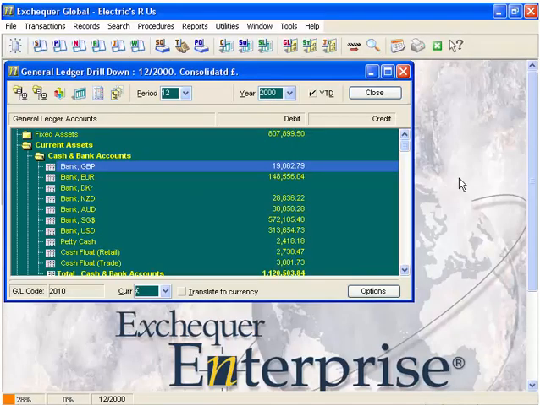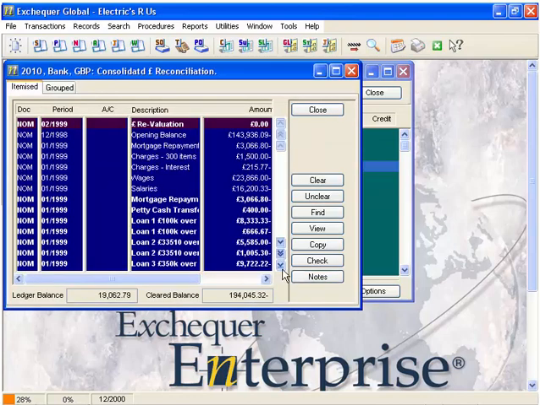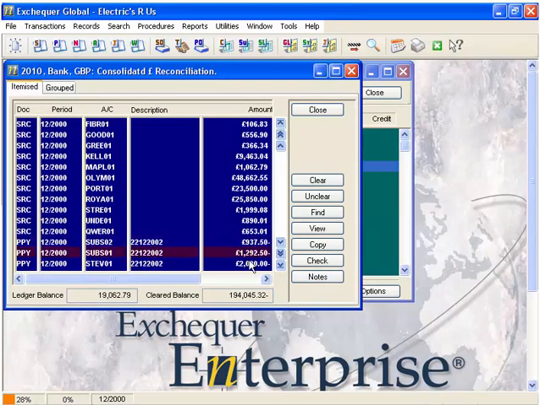In this video I'm going to show you how you can use PostTrans to do a bank reconciliation automatically within Exchequer Enterprise. Here I am in my Exchequer Enterprise General Ledger, and you can see I have my bank account highlighted. If I double click on that, it shows me all the transactions that have gone through my bank account. Here I've just gone down to the bottom of the ledger and you can see we have 3